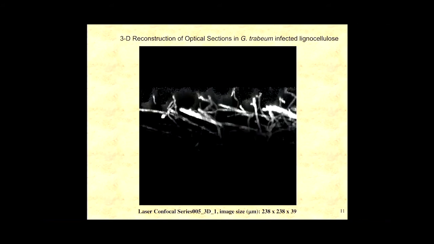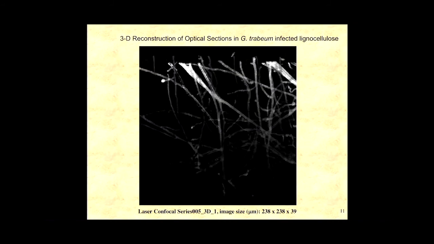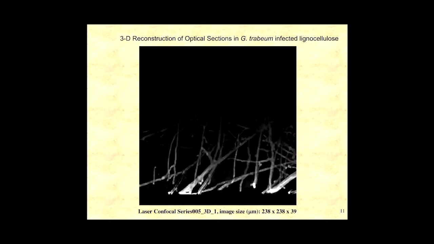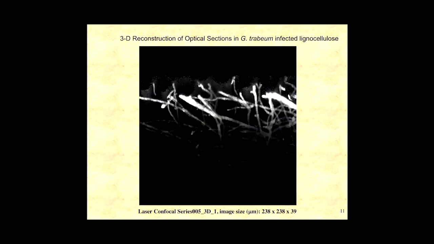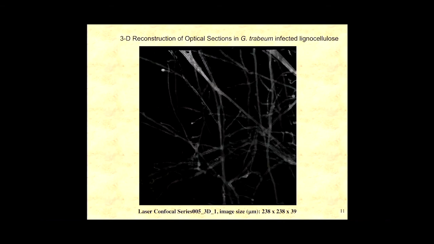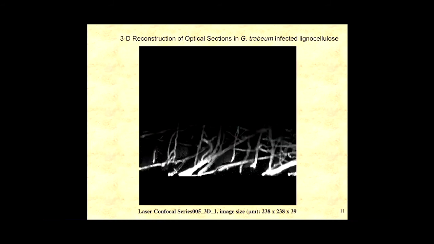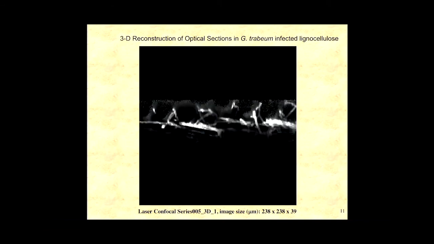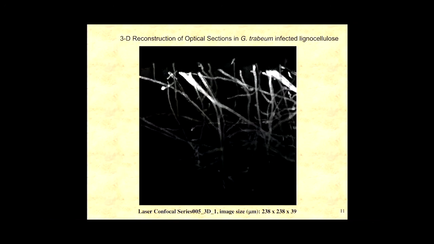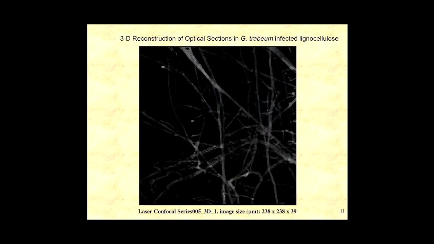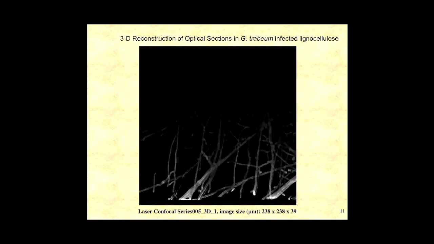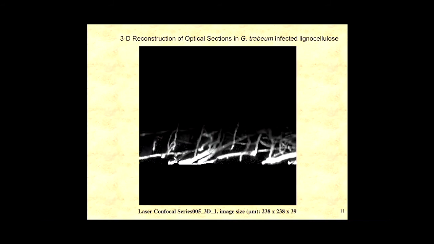I'll get to the computer in a second here. But what I want you to focus on is this mass of spaghetti here twirling around. And that spaghetti is, of course, the fungal hyphae. If you look carefully at the edge as it goes around, you'll see that that's a piece of wood, and very faintly, when you look at the edge, you can see the wood cells, like there's a wood cell there that's extending down through the end of it. So that gives you an idea of how fungi invade wood and what they would look like.